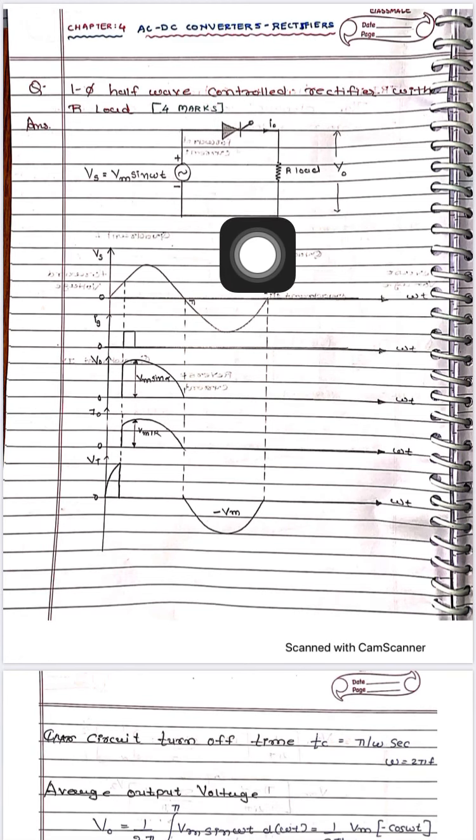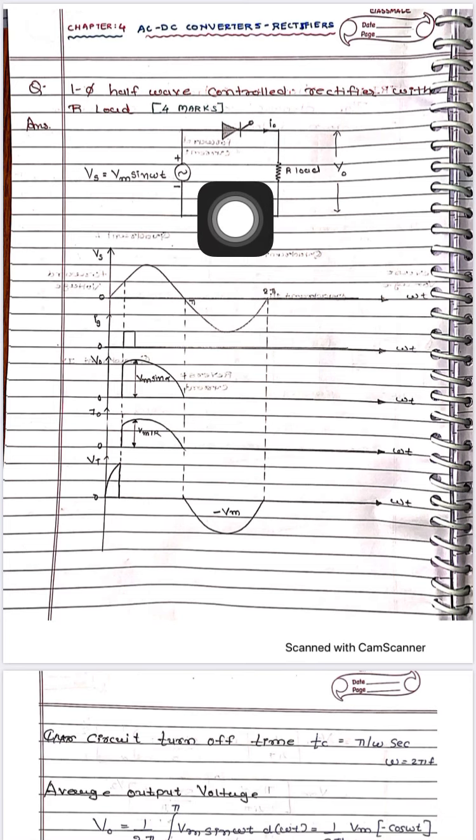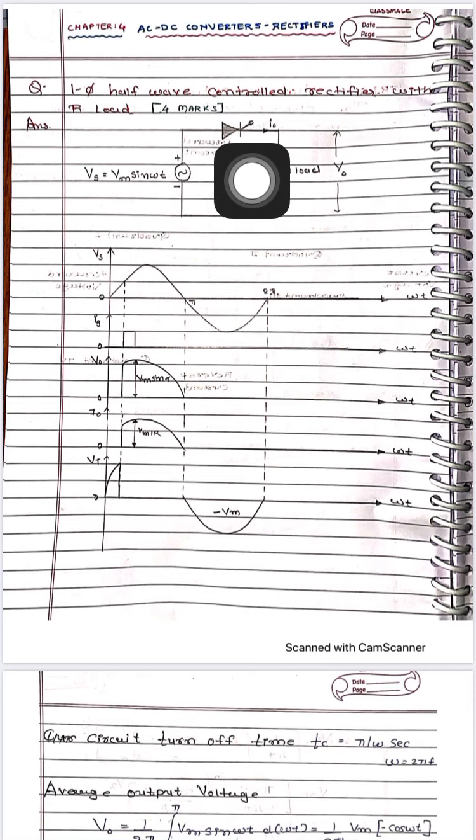As I told you before, in the ideal characteristics of a switch, when the switch is on, current will flow through that particular switch, right. So, when current flows through the switch, what will happen? The voltage which appears across it is very minimum, right. It is a reverse characteristic. And when the switch is off, there is no current, means current is equal to 0. What will happen? The voltage appearing across it will be maximum.